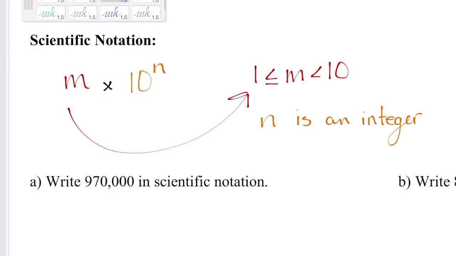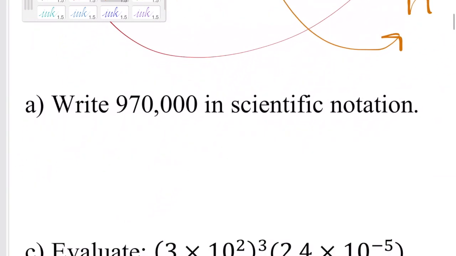And then our n is going to be an integer, meaning it could be positive, it could be negative, it can't be a fraction or a decimal. We need a positive or negative integer there. So this first one, we're going to write